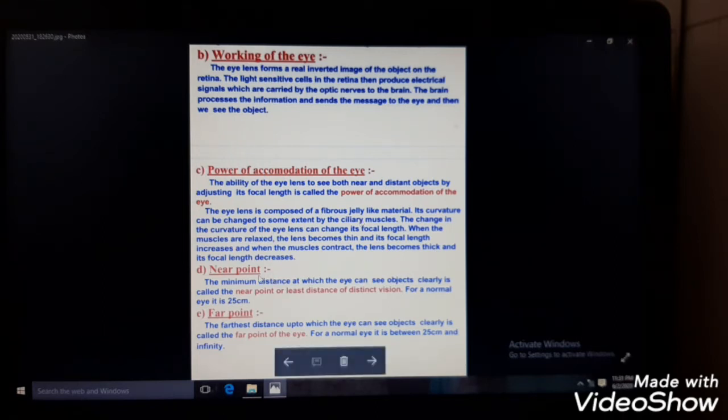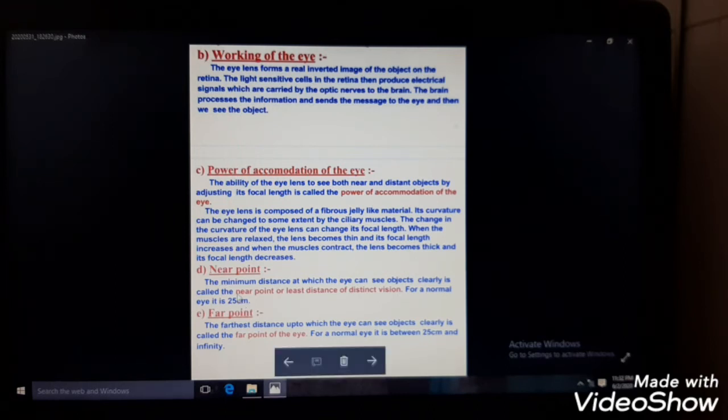Then what comes next is near point or far point. What is near point? Near point is actually the nearest point to which you can read the things properly. Just try to bring a book close to your eye and read it comfortably. The nearest distance at which you can read the book comfortably is the near point of the eye, and the distance up to which you can see the object, like stars you can see clearly in the sky. That means your far point will be infinity, and the nearest point is actually, for a normal eye, 25 centimeter. That means up to 25 centimeter you can read the things comfortably.